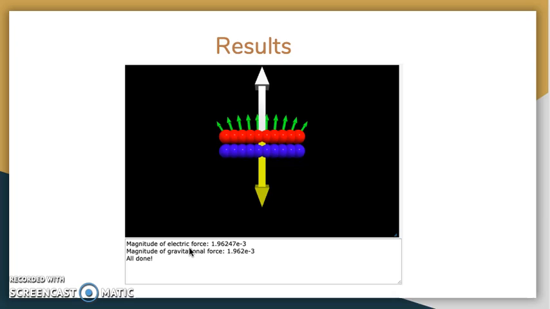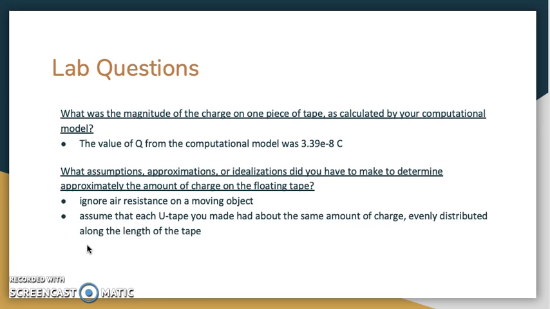Here are my results, and you can see the larger arrows for the electrical force and gravitational force, as well as the smaller arrows, which are the individual electrical forces exerted on the top tape. And then you can see that my final electrical force was 1.96 times 10 to the negative 3. So for the lab questions, the magnitude of the charge on one piece of tape was 3.3 times 10 to